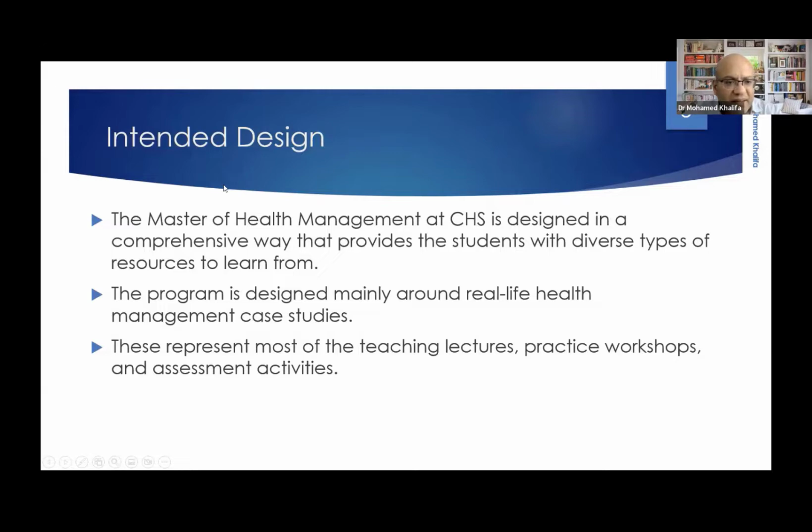So in terms of the intended design, the Master of Health Management is designed in a comprehensive way that provides the students with diverse types of resources to learn from, including, just like Spice mentioned, the Canvas design itself. I will not go through the Canvas in detail because Spice already covered almost the same thing for APIC and HELI. So the program, for example, at CHS is designed mainly around real-life management scenarios, case studies, and so on,